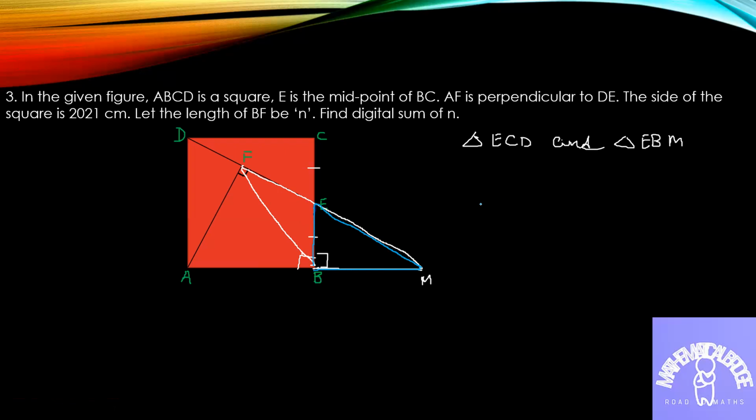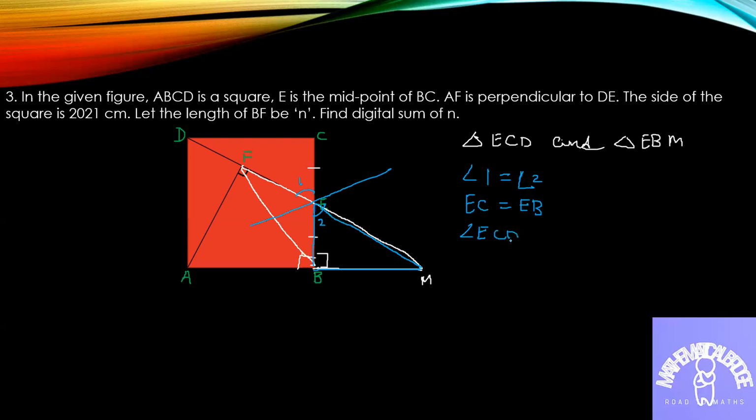So now one thing, this angle and this angle are equal, vertically opposite angles, very common. So let me name them angle 1 and angle 2. Suppose this is angle 1, this is angle 2. So angle 1 is equal to angle 2. See, this means EC is nothing but EB. And the angles are equal, that is 90 degrees.